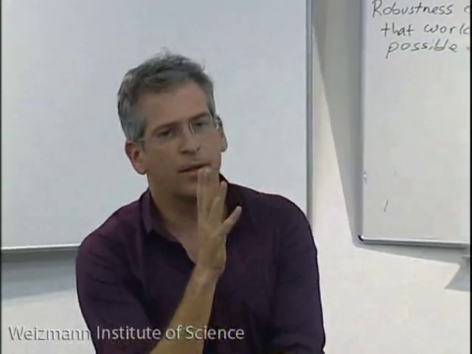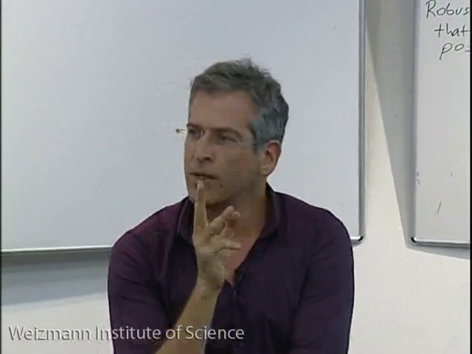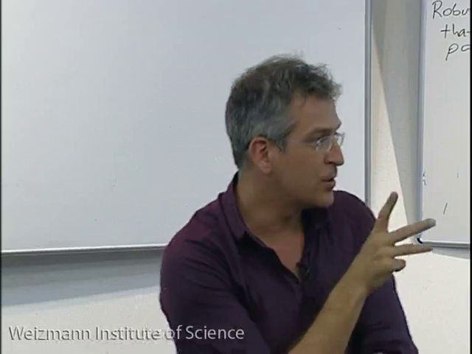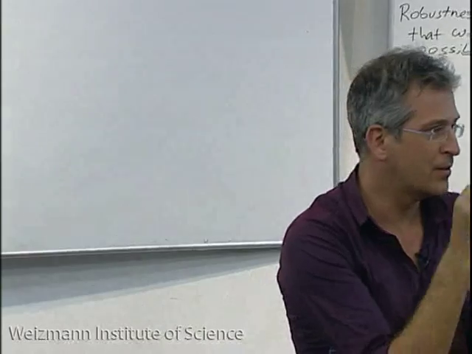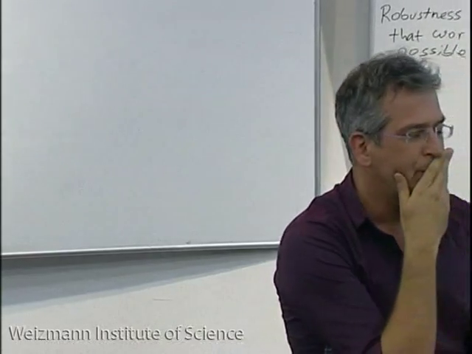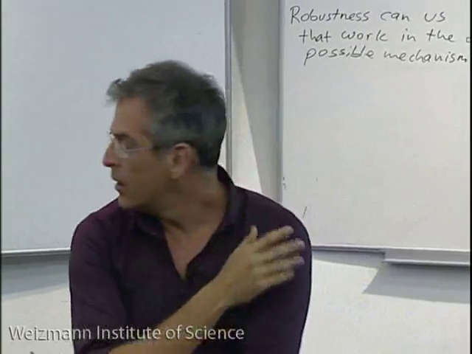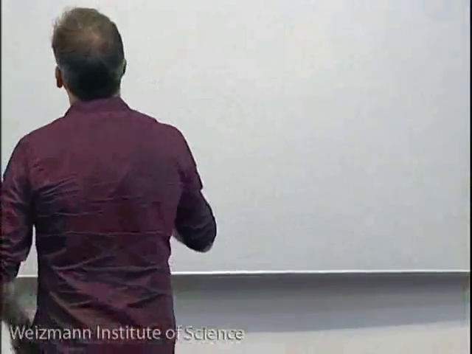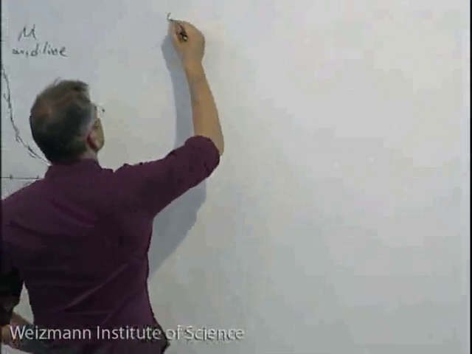And this model results in a set of 3 reaction diffusion equations with a lot of parameters, like diffusion constants, binding constants, degradation rates. And so they wrote a model,